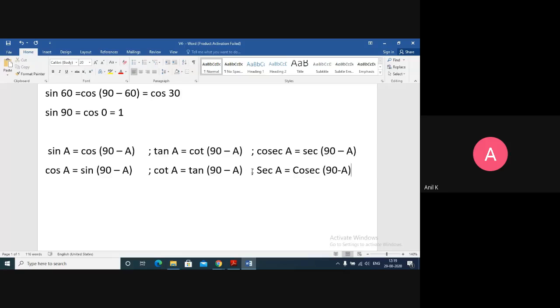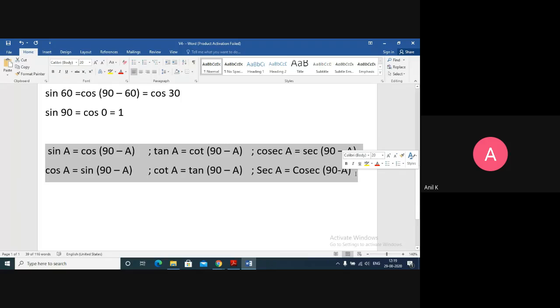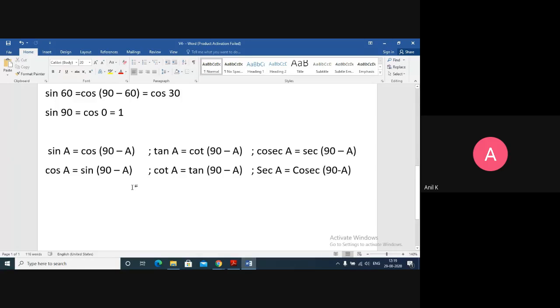Sin and cos both are related. Tan and cot, that is one set. Cosec and sec. These formulas truly come from the tabular form which I discussed yesterday. I colored tan and cot with red color, sin and cos with green color, cosec and sec with different colors, which are representing the data we discussed. So these are the 6 formulas. This we call the complementary angles. Complementary means the sum of two angles will be 90 degrees. So here A plus 90 minus A gives the sum as 90 only.